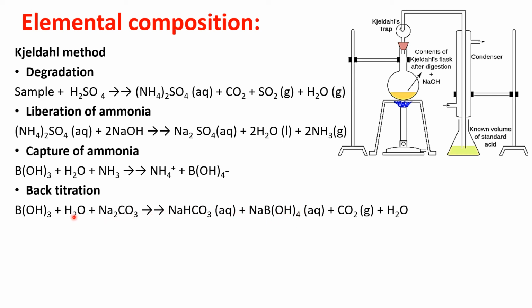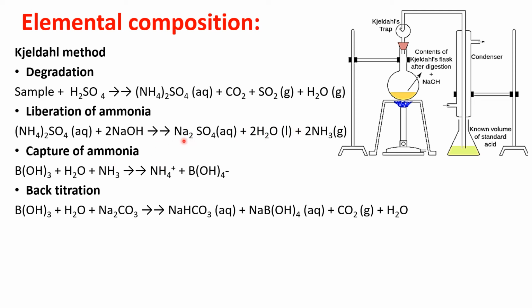Okay. Now take another example, 60 boric acid you have added, but during the back titration you found that only 20 sodium borates have formed. 20 have formed, that means where are the 40? 40 have formed a bond with ammonia to form ammonium borate. Okay, so if 40 boric acid molecules have formed a bond with ammonia, a single bond will be there. That means there are 40 ammonia molecules.